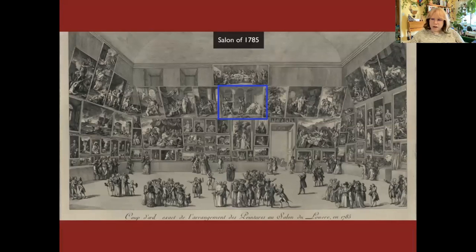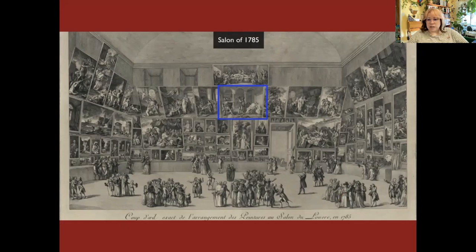This is kind of an era before museums, really, or at least museums in the way that we think of them. And what they would do, especially, it starts in France and then it starts going other places, is that they would have salons. And oftentimes they were juried, which means that you couldn't just say, put my art in here. People would have to say yes or no.